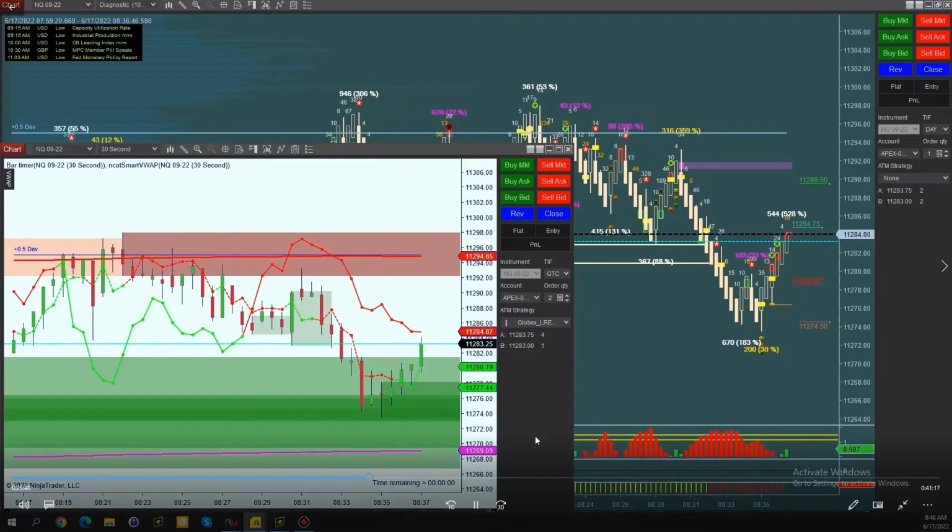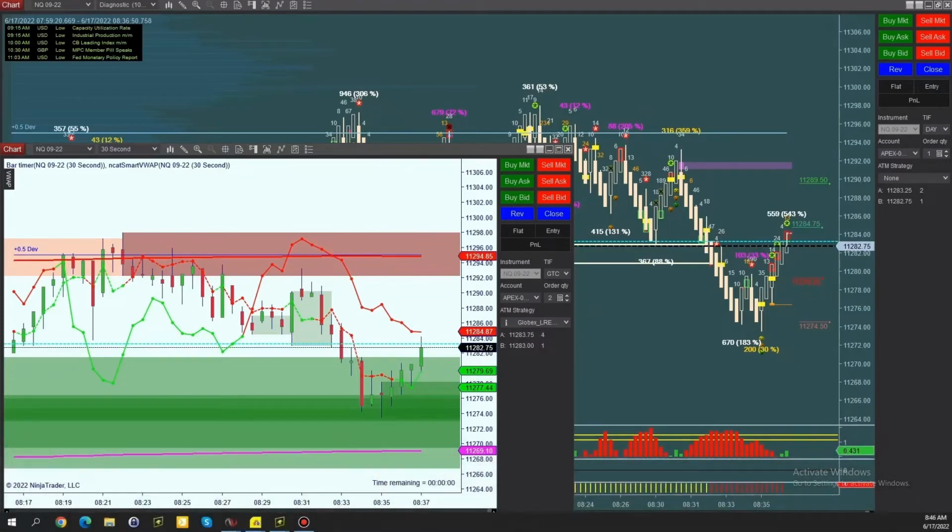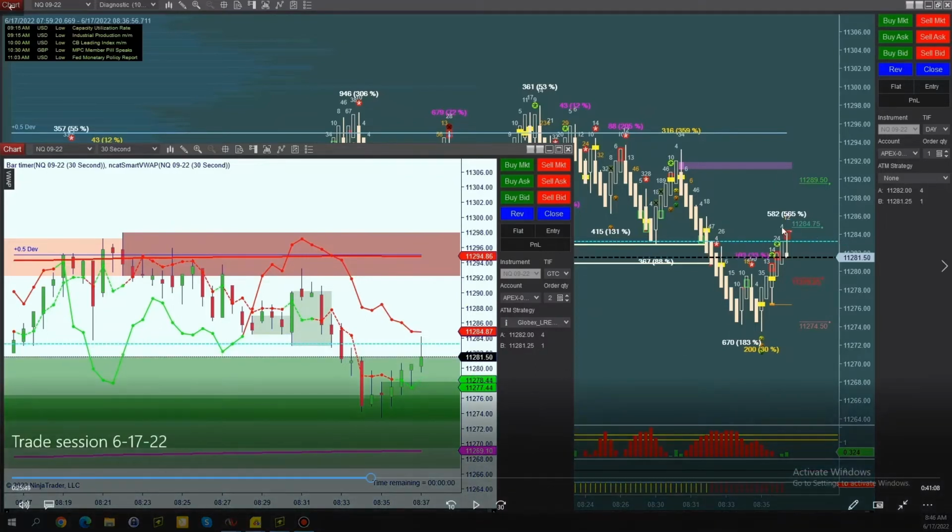So let's see what happens here. I like that it's setting up to drop a mini magnet there. That gives me confidence. But what do we know with an LRE? We don't have time to see what it does. When it pulled back here, I'm in. I hit sell market. Boom, right there. I'm in right up here.